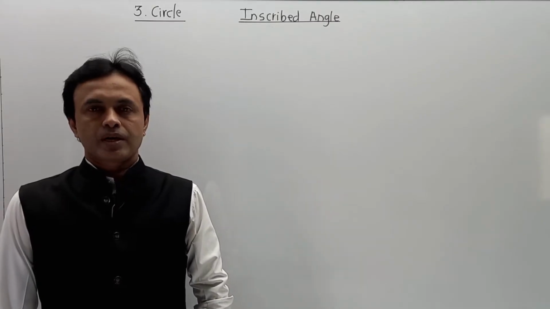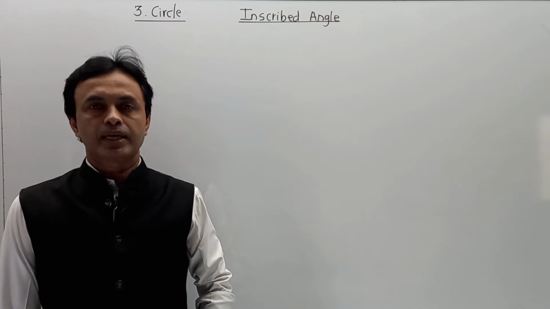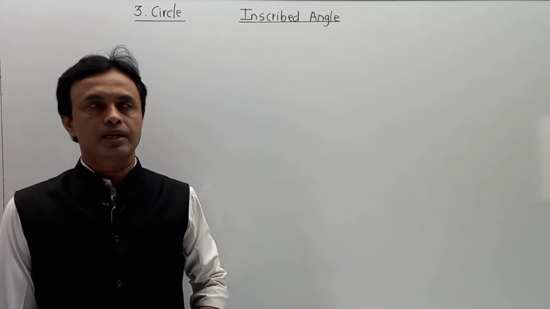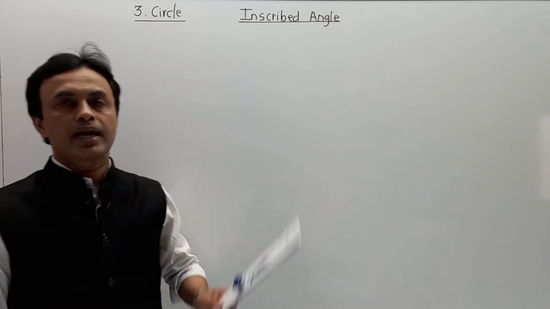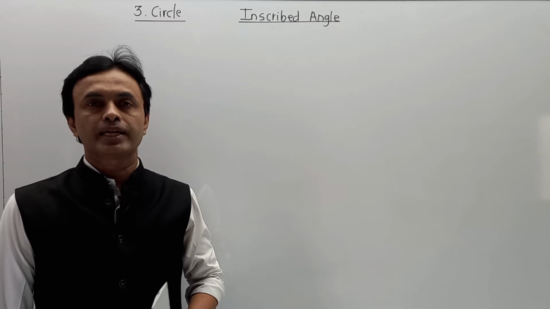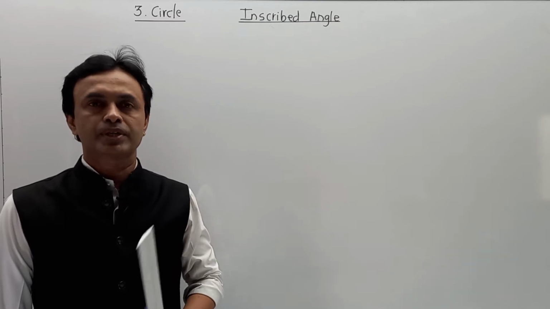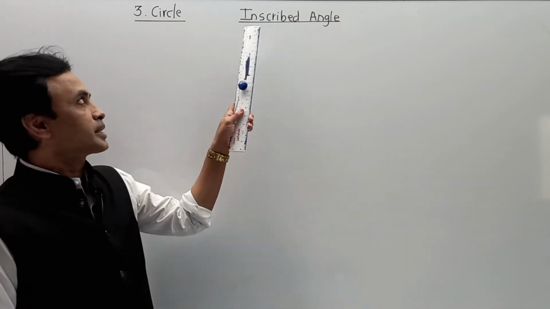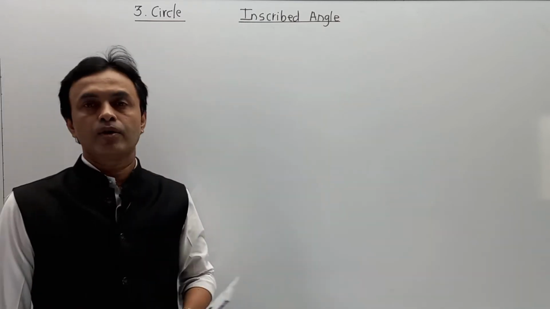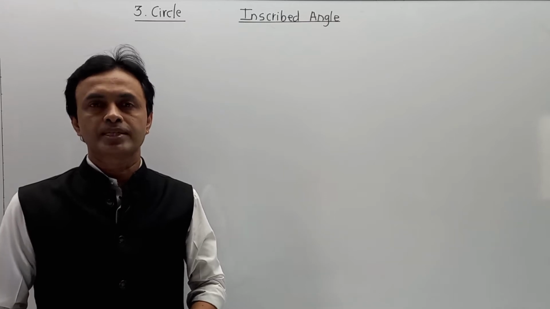Hello friends. In a previous lecture we have already completed 3.3. Now moving to 3.4, circle. So we are in circle and our target is to start 3.4. But you cannot directly understand 3.4 over here. Before that, some concepts and some theorems are required. Among them, the part is inscribed angles. Now we are going to start with the inscribed angle.